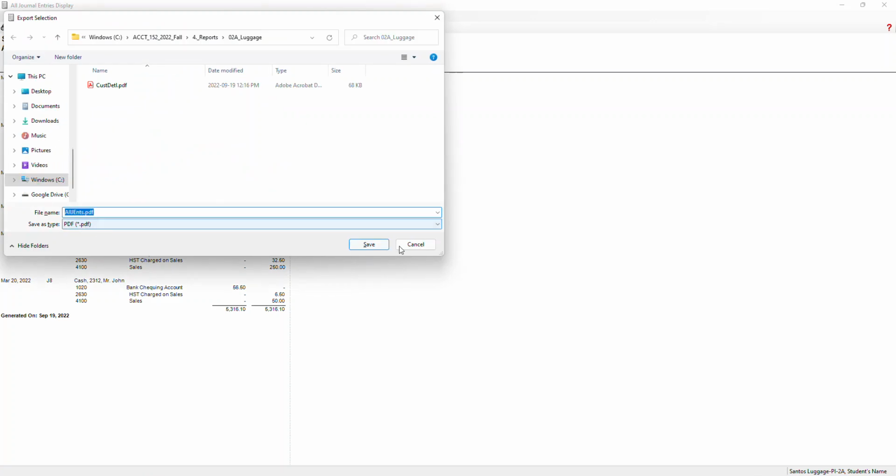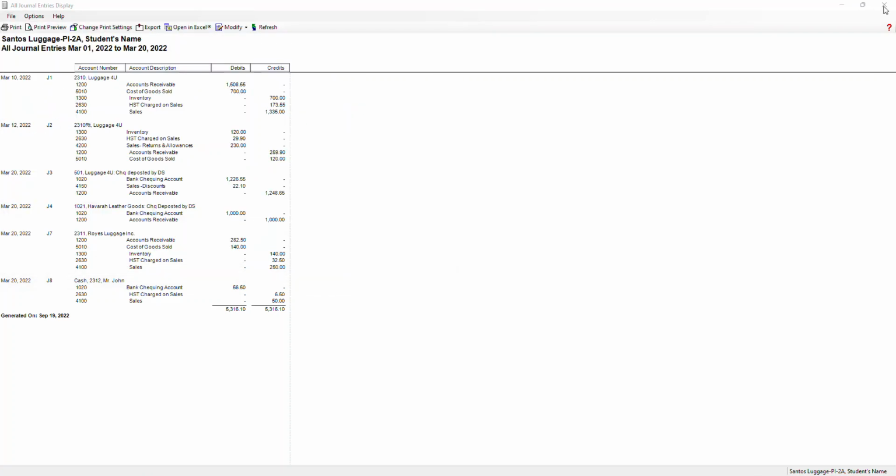So now you see all the entries from March 1 to March 20th. You see J1, 2, 3, 4, 7, and 8. You see 5 and 6 are missing because remember we made an error and corrected it. That's why 5 and 6 are not showing: 5 was the original entry, 6 was a reversal of that, and 7 was the correct entry. So it's only showing me the 7th, not the 5th and 6th. Okay, and again you click export, save it as a PDF, and save,